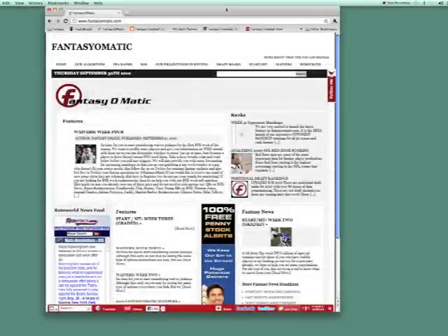Very excited to show you the latest feature on the fantasyomatic.com site. It involves interactive matchup and strength of schedule pages. You'll see here that we've got a week 4 opponents matchup every week of the fantasy season going all the